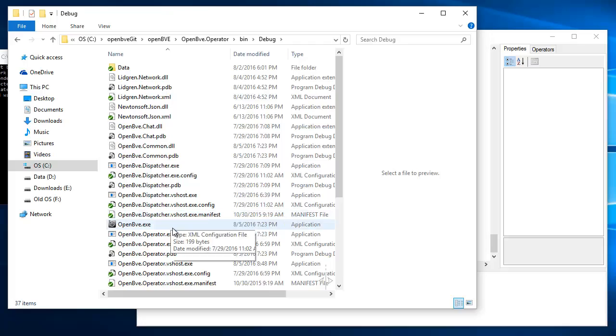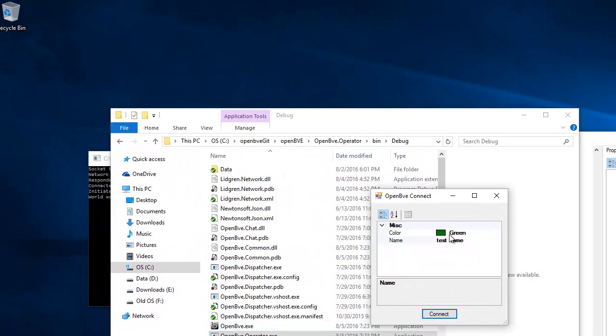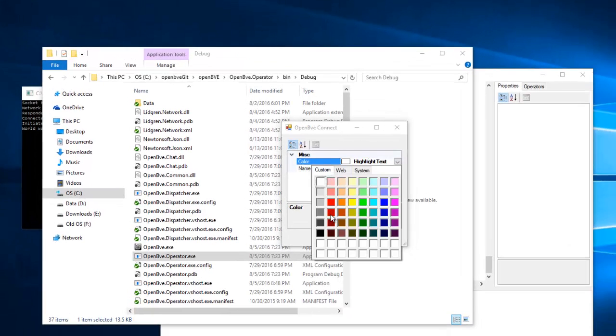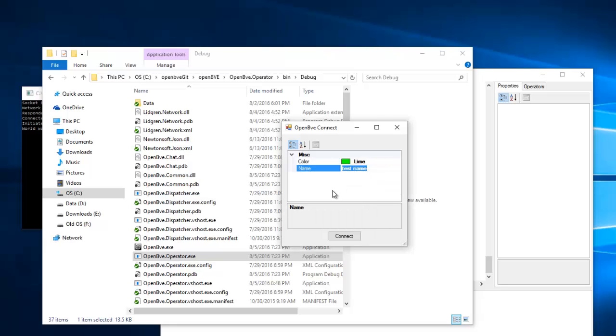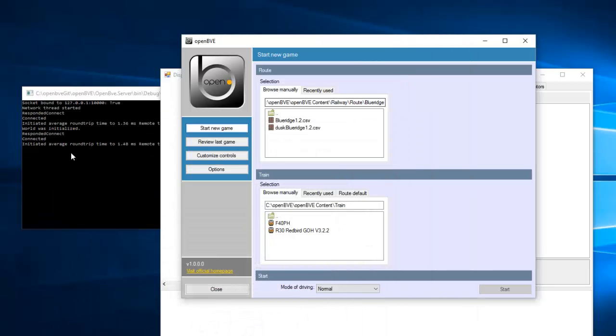So starting up the operator. When we start the operator, it still hasn't loaded the game. It asks for the color of the person and for his name. This form in the future will be replaced with an authentication form. So when you hit connect, you can see from the back window